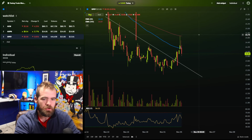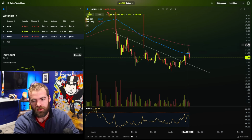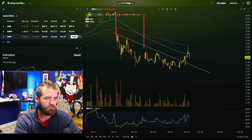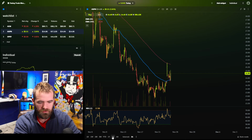That's going to be a hard resistance for the stock. So ideally, right now, this wouldn't be the best entry point. Yes, you could have gotten in on this position on the breakout for a push to the 200, but right now I do think the resistance is that 200-day. So let's look for another opportunity here. ASPN here, this one is very, very similar. If we go to the daily,